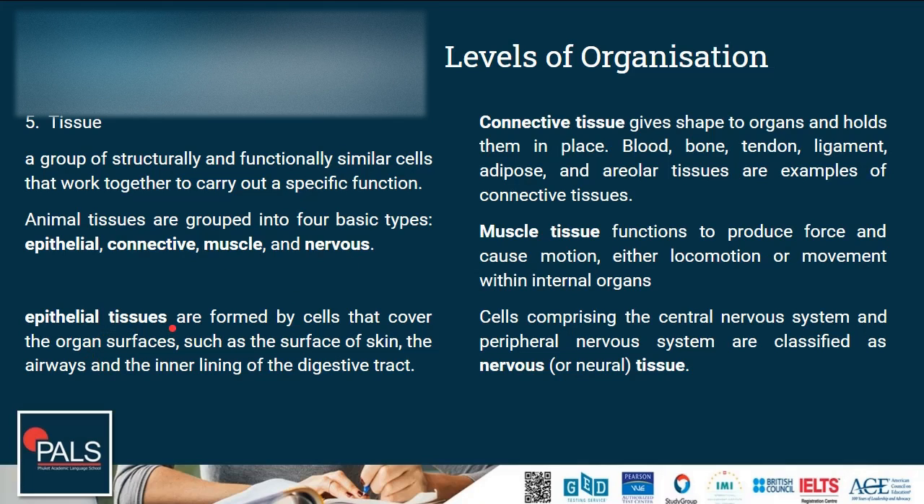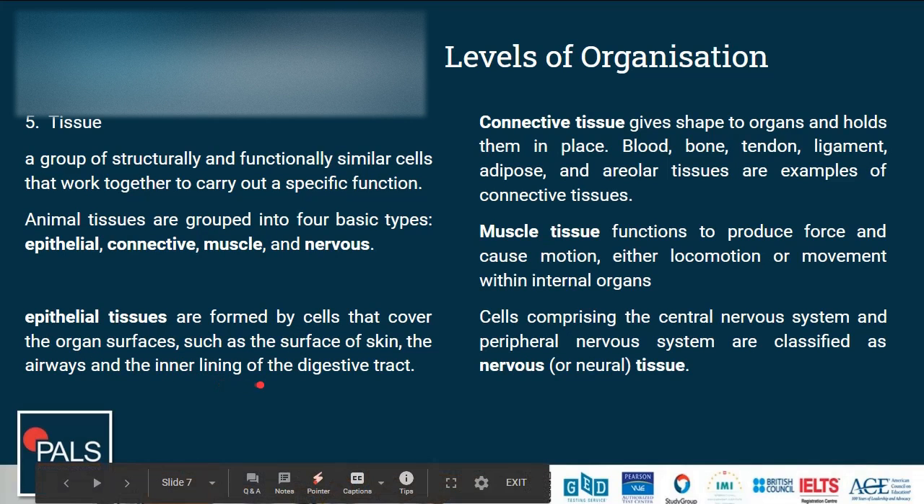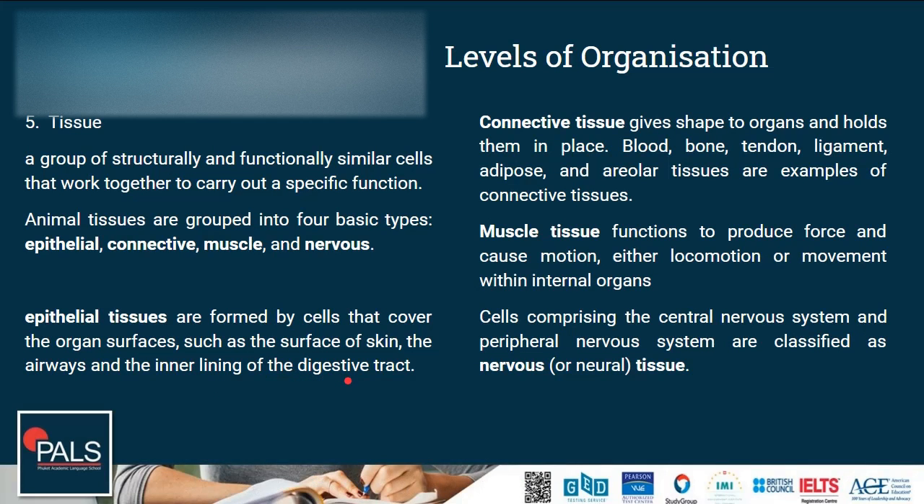where the epithelial tissues are formed by cells that cover the organ surfaces, such as the surface of our skin, or the airways, or the inner lining of the digestive tract, or the inner lining of our blood vessels. Any skin that we have outside or inside of our body is usually formed by an epithelial tissue. Connective tissues give shape to our organs and hold them in place. Blood, bone, tendons and ligaments, adipose, these are all connective tissues and give shape to our body and all have